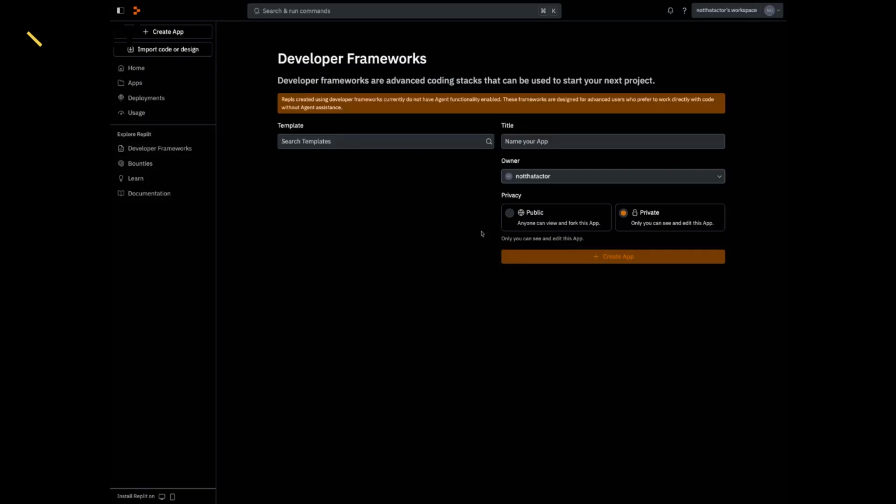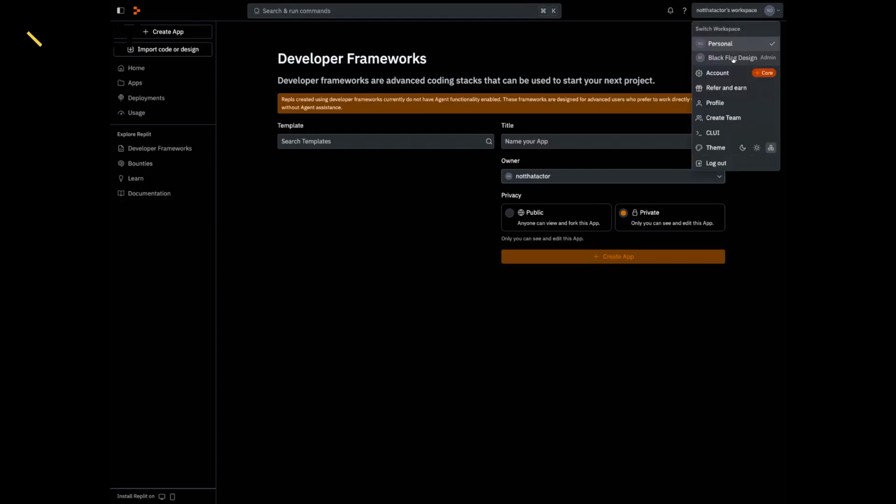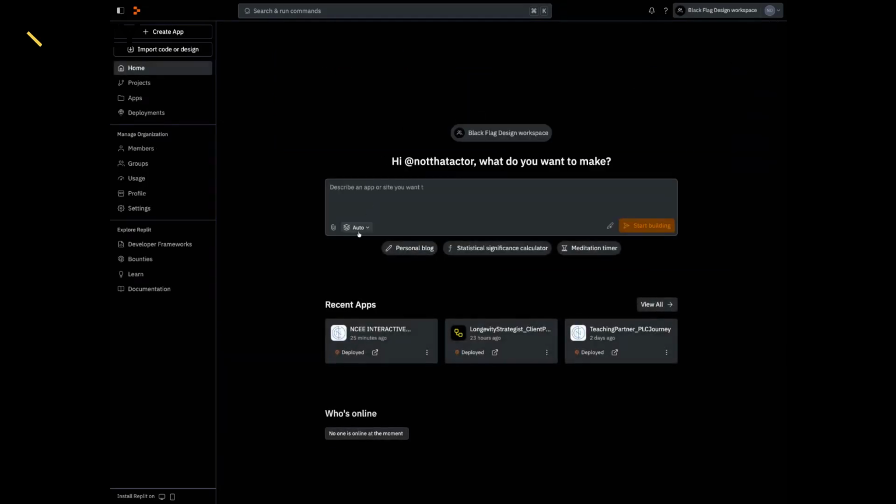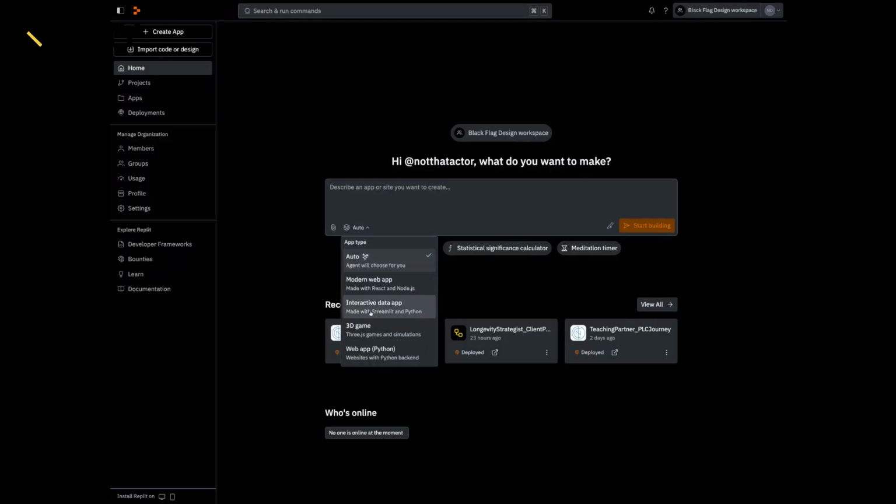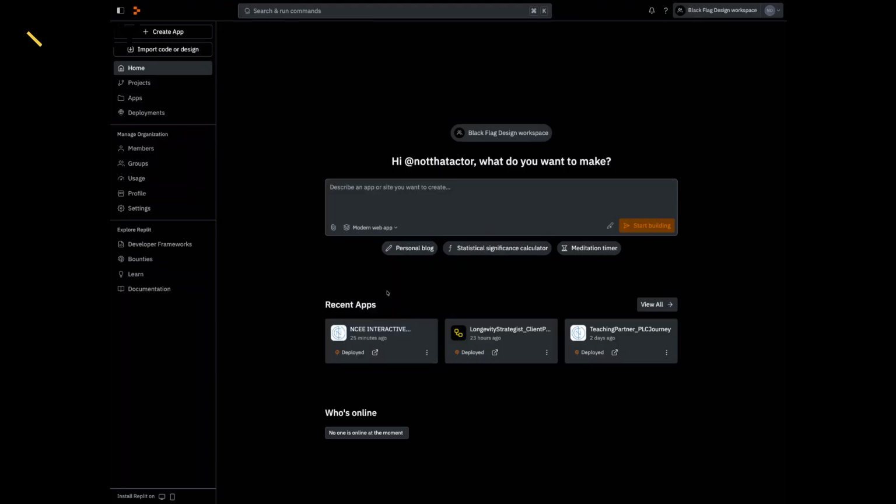So Brice, where I would start is Replit. I've just got a new project opened up. I'm going to switch workspaces here to make it simpler for us. What's awesome with Replit is the agent can have an existing tech stack to work from. All of our work is typically React, Node, Express, so I typically choose the modern web app.